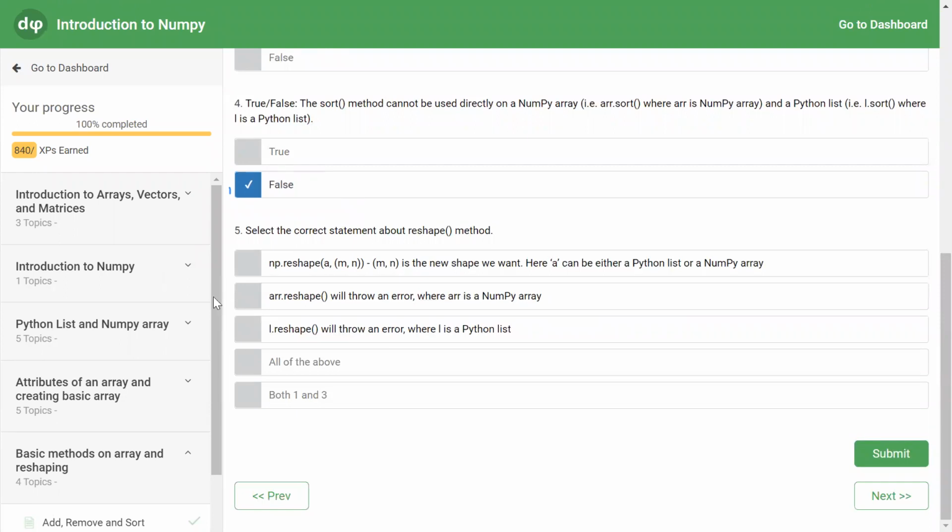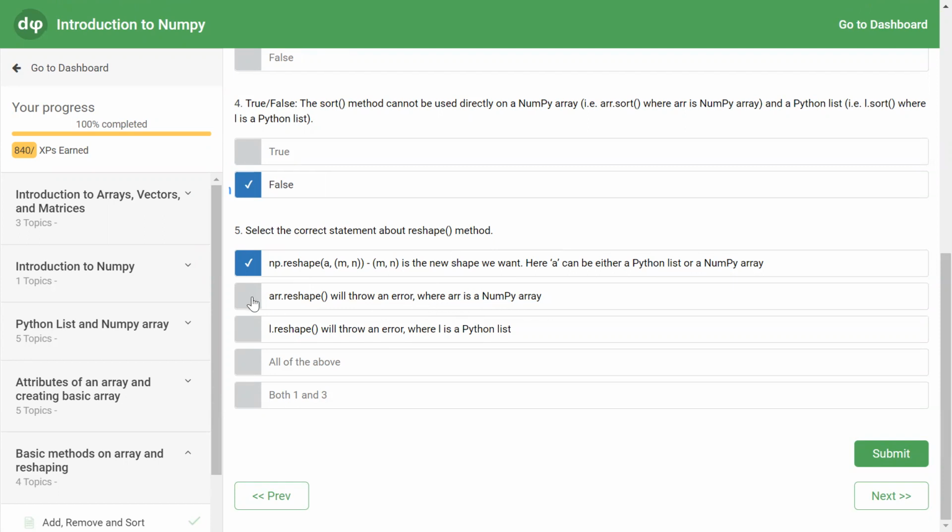Select the correct statement about the reshape method. In reshape(a, (m, n)), (m, n) is the new shape we want. Here a can be either a Python list or a NumPy array. Yes, this is true. arr.reshape will throw an error when arr is a NumPy array.